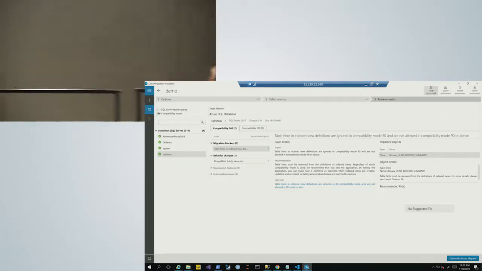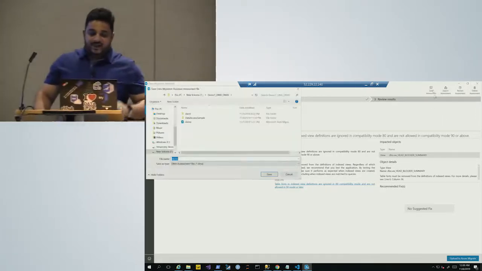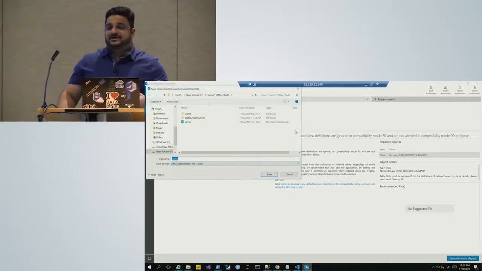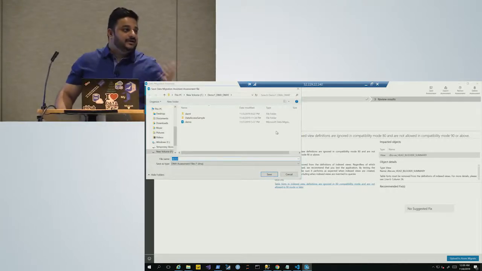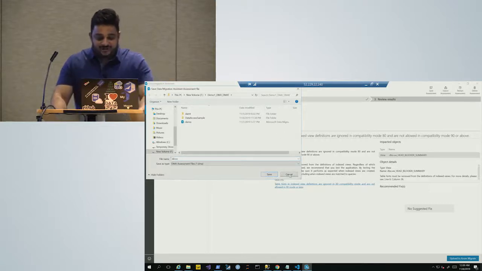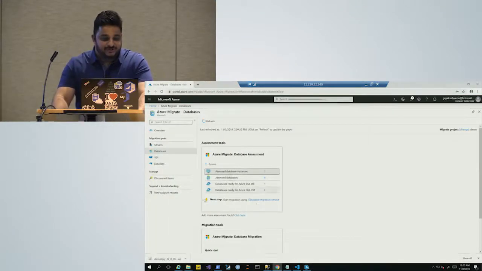So last thing, we can save this assessment and we can look at it again later if you want to, so that we can go through it. We have uploaded this into Azure Migrate. So if you look at Azure Migrate,